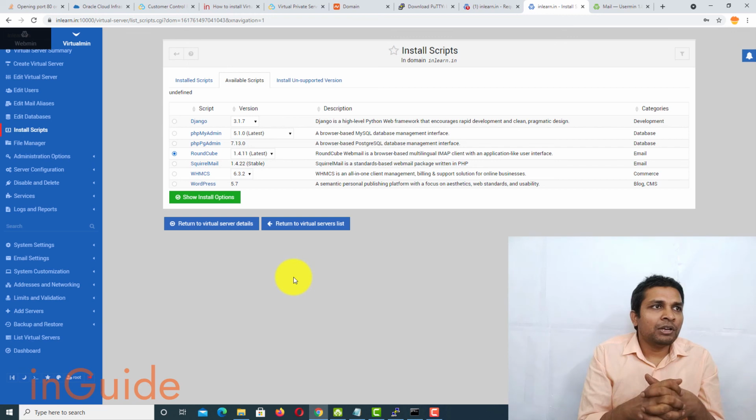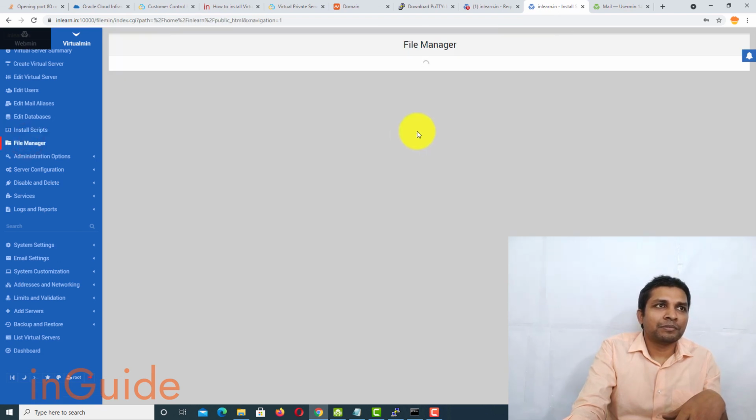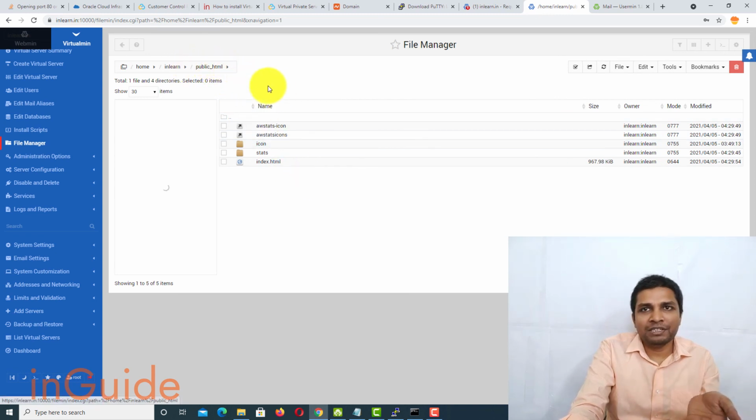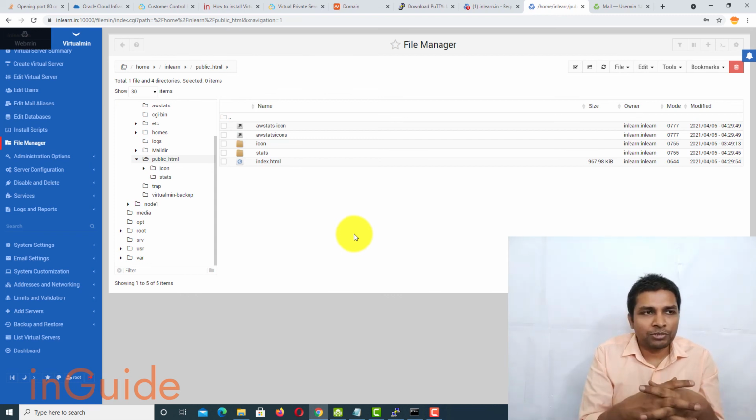Anyway, let's say you want to install some custom script, then you can go to file manager and upload your file into this directory, which is the public HTML directory, and you can extract the file, and after that go and create database and all those processes I'll show in the next video.